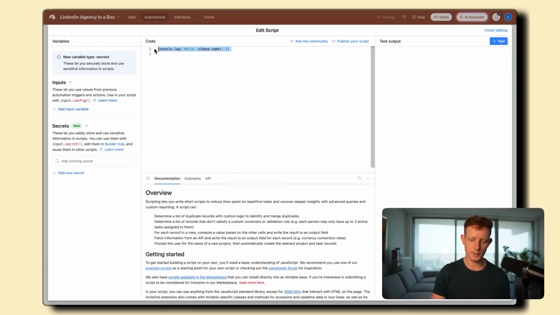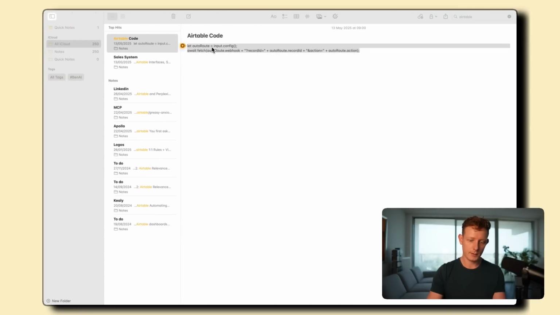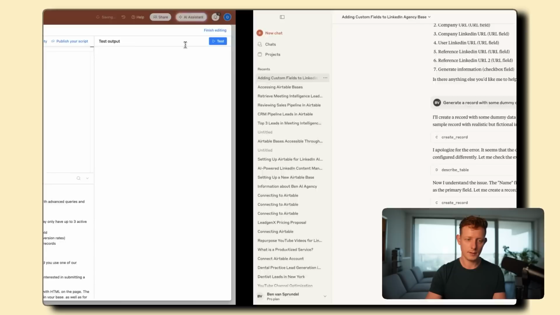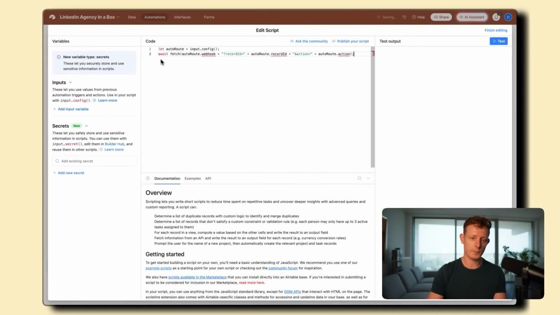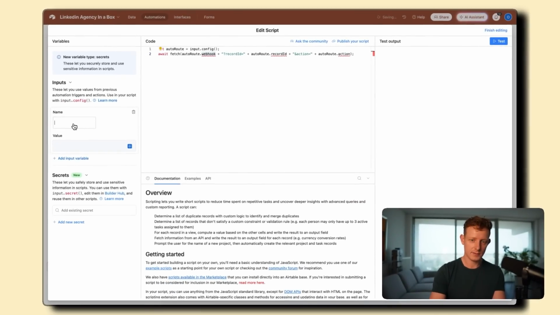Now, we always use the same script for these Airtable automations, which I'll make sure to add together with the template. Basically, what this script does is trigger a webhook in N8N that can trigger our automation. You can see we have 3 variables, which are a webhook, the record ID, and the action. So we have to define the inputs of those 3. In this case, we don't really need an action. So let's say record ID,